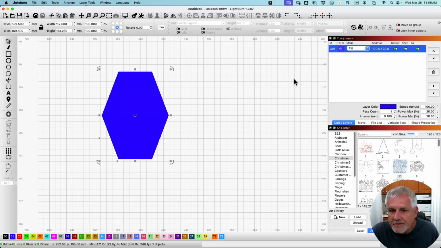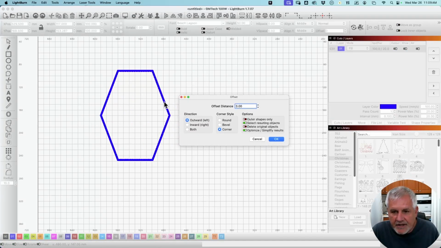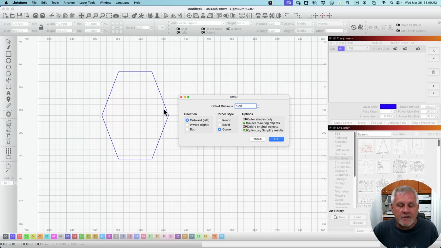Let's go into fill mode. See how my shape is filled in. If I click on the offset now, it just changed it. Now we have an outline area that is filled in. Even if I drop it down to 0, because we duplicated it, the way LightBurn works is when it sees a line, it changes fill states. Because there's 2 lines here, it brings it on and off at the same time,